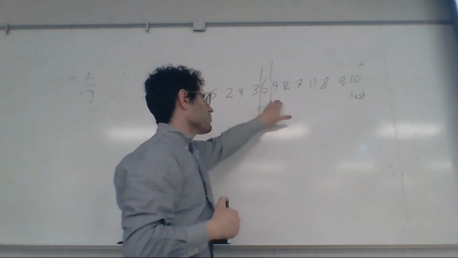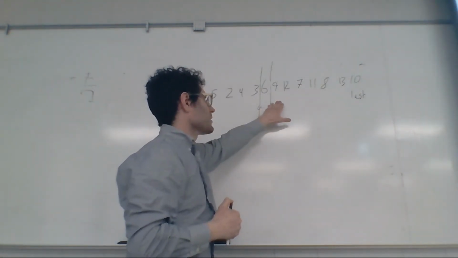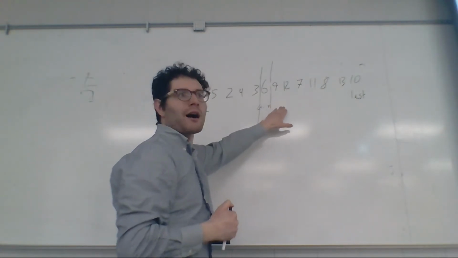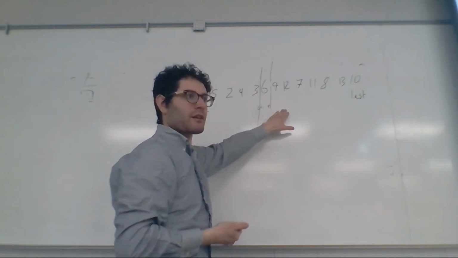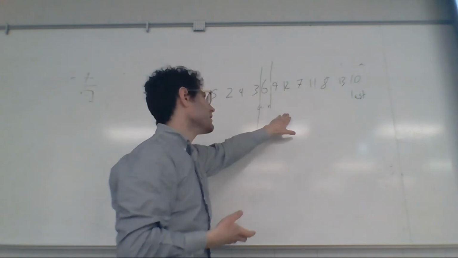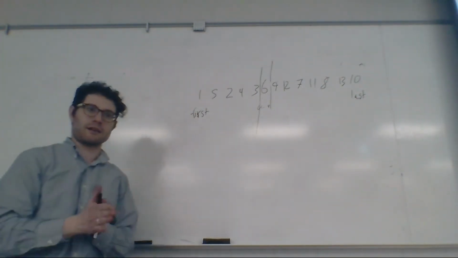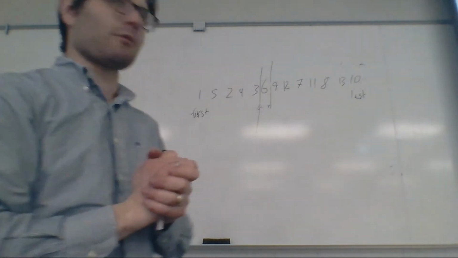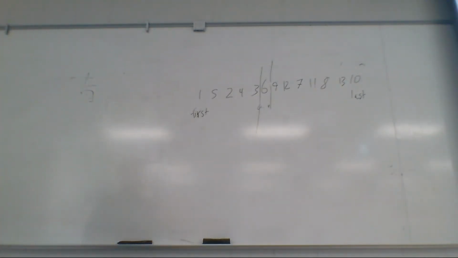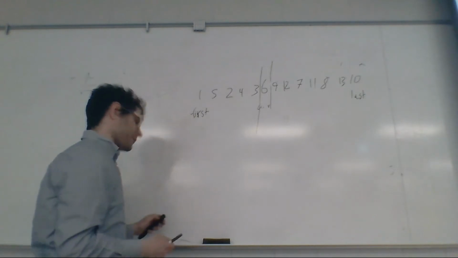So 9 isn't too bad of a pivot here. 7 and 8 are pretty good over here. They'll go to the left, and that's fine. But 1 is a terrible pivot over here because 1 is the smallest number, and it's also very lonely. So that's just not going to work for it, and that's going to slow this down slightly,